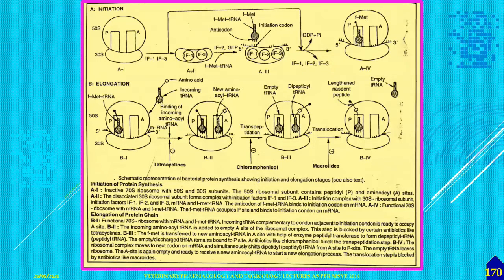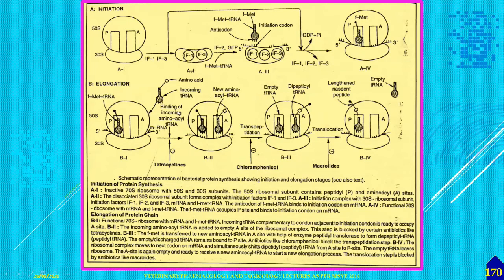So this is the same thing which was explained earlier. That's the 50S and 30S subunits are there. Then the A1 and IF1 are there. Whereas in the entire process, just go through this: FMET tRNA, then initiation codon, then it's going to form the first unit, the 5' and 3' subunit chain. Then the second step is the elongation, in which more and more amino acids are bound to the A site and P site.